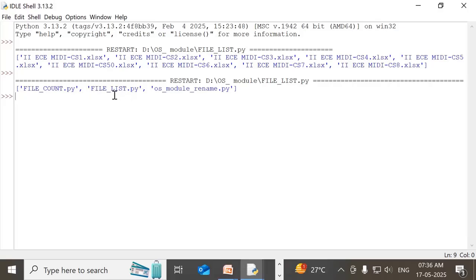So that's the difference between with path and without path in the os.listdir function. If path is mentioned, it will go to the specified directory. If path is not mentioned, it will consider all files and directories from the current working directory. Next,